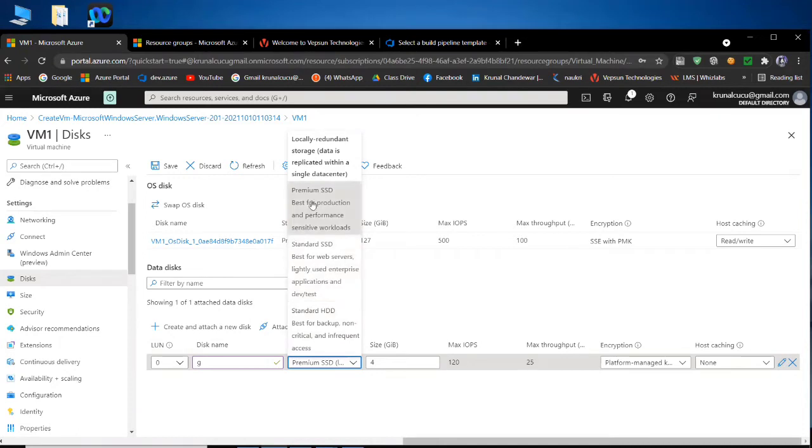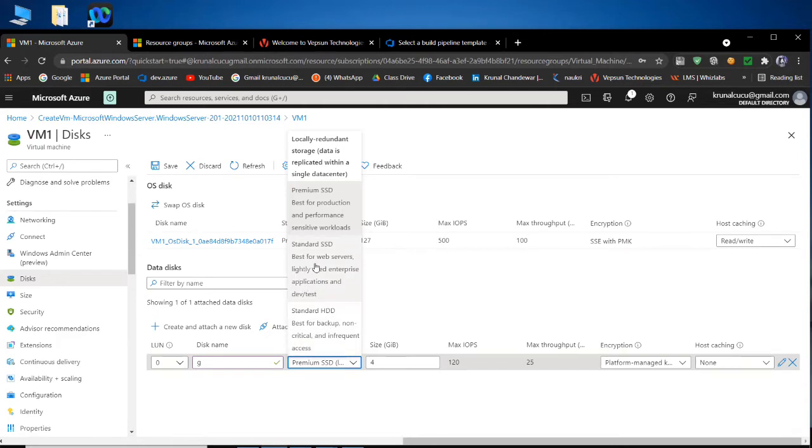But with innovation, we came with another version of the hard disk, and that is the premium SSD, which gives you the best production performance. The standard SSD is best for your web server or lightly used enterprise applications. The HDD is used for backup, or non-critical and infrequently accessed data, and it is cheaper.